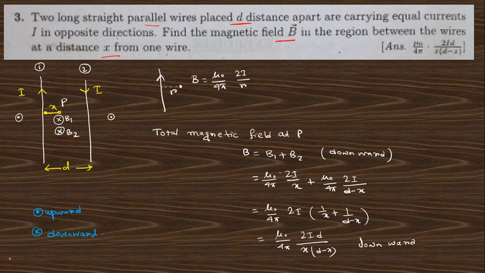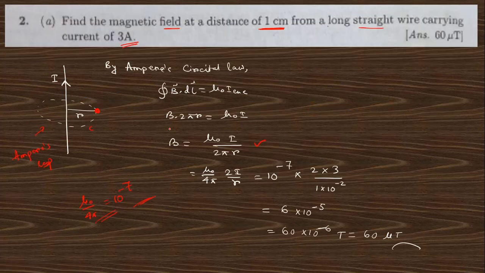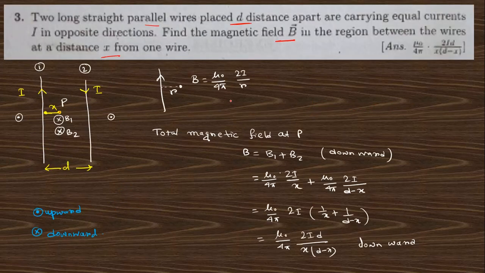Okay. From question number 2, we just found this expression, that is the magnetic field at a distance r will be mu 0 I by 2 pi r. So we can say that is mu 0 I by 2 pi r, or we can say mu 0 by 4 pi, 2 I by r at a distance r. So you can see here, when we take a current along that direction, we get this value of magnetic field. What is the direction? The direction can be found like that. Just take your right hand, with the thumb along the current direction, and the rest four fingers just curl.